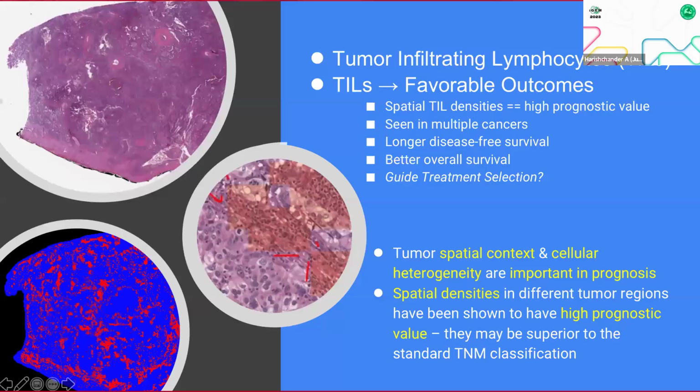And then when it comes to the outcome, first we need to concentrate on the tumor infiltrating lymphocytes. And when it comes to the relative outcome, it's not the normal tumor infiltration procedure we follow. We follow a spatial orientation where a higher dimension is captured, and then the prognostic values are seen. And this is not only in a specific type of cancer, it's also seen in multiple cancers. Then we need to look at the survival rate.